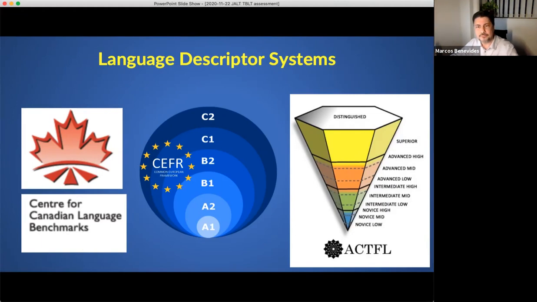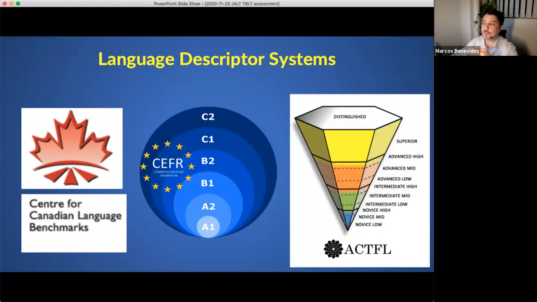It was a little bit dense and very theoretical in nature. The Canadian Language Benchmarks is much more practical and easy to use in the classroom. And the American ACTFL system, I'm less familiar with, but it's the same basic idea, descriptors of language.